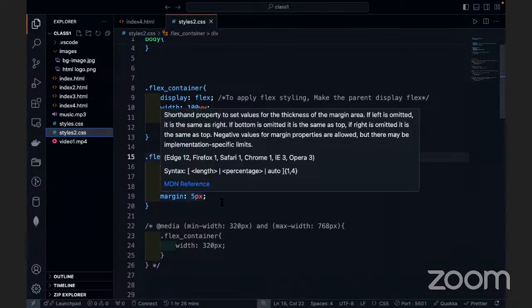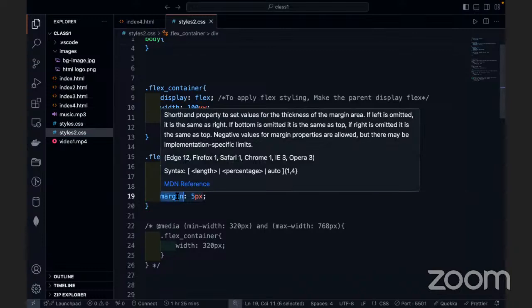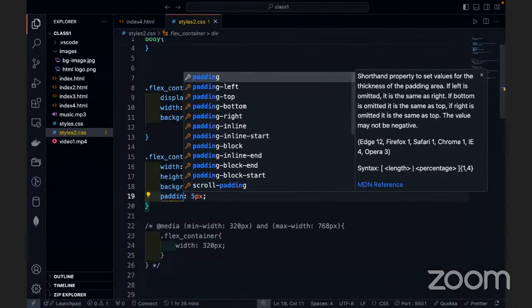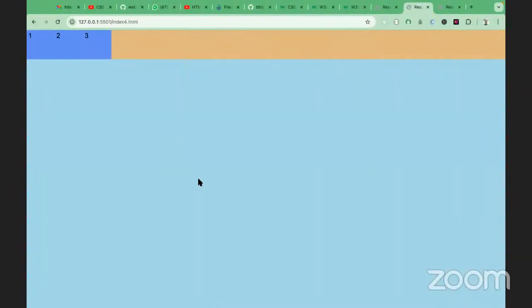The margin. So this margin, remember that margin is space around. If you give it a padding, you will not see. Okay, so let's give it a padding. We've talked extensively on the difference between margin and padding. So can you see padding? You wouldn't see. So padding is just going to